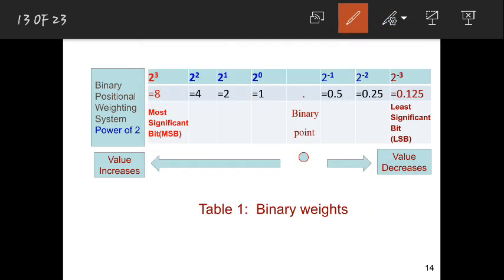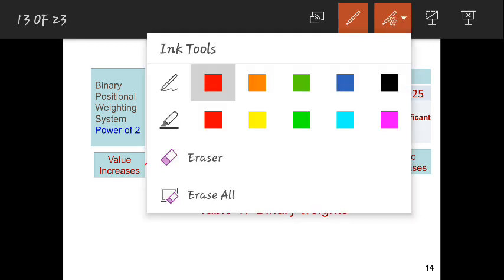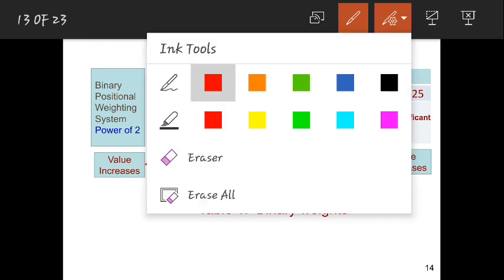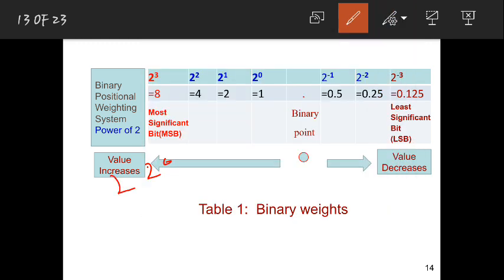First let me take only one single bit. If I take only one single bit, I can write 0. The positional weight of this will be 2 power 0, so the answer is 0. If I write 1 instead of 0 here, the binary bit will be 1, I mean if I convert it into decimal. Now if I want to take 2 bits instead of a single bit, I will take 2 power 1. That means how can I write? I can write 0 0, 0 1, 1 0, 1 1. These are the 4 combinations I get if I write 2 bits.